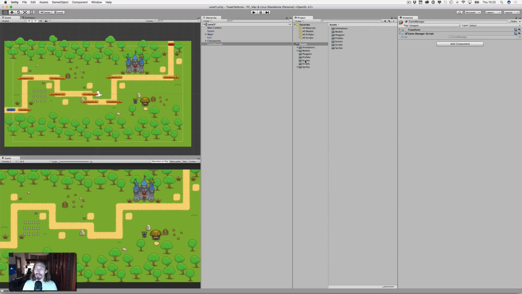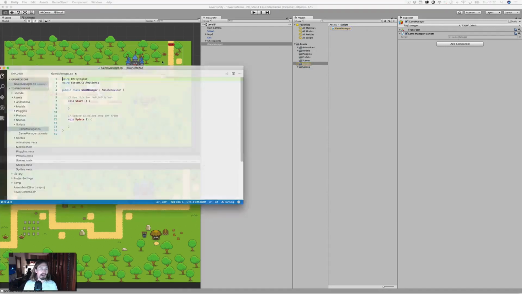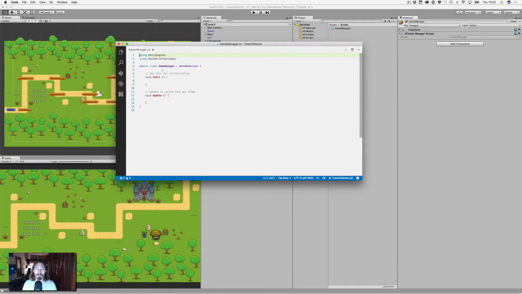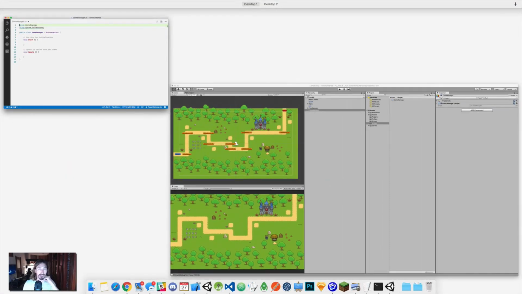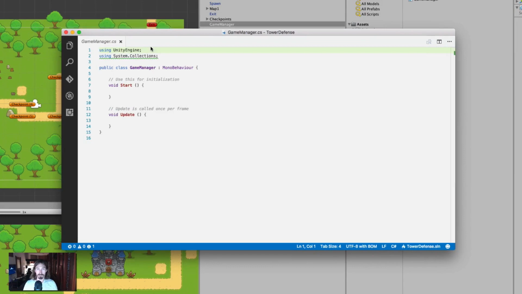You can either go into your scripts folder and double click that, or you can double click this right here and it will open Visual Studio. All right, so here is Visual Studio Code, and we are going to start writing some stuff here. Let's think about this for a second. Okay, so we have this new file. Things are just default added for us whenever you create a new